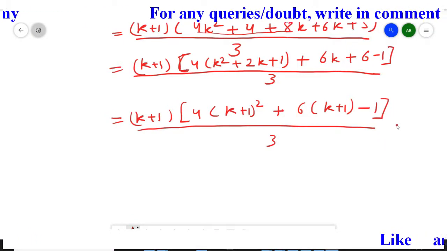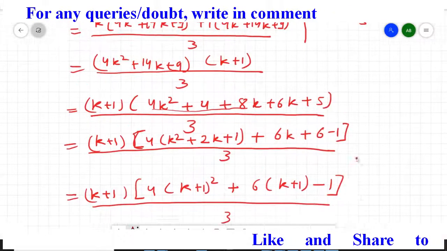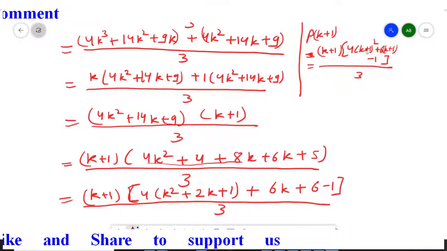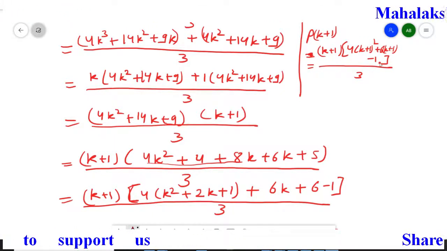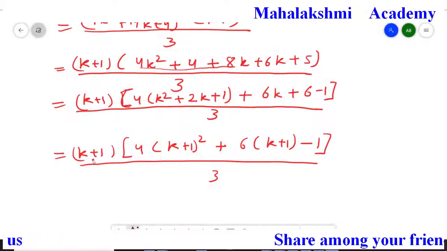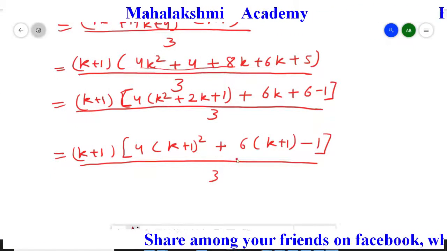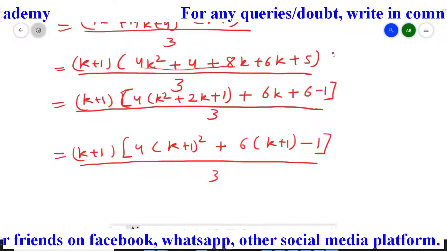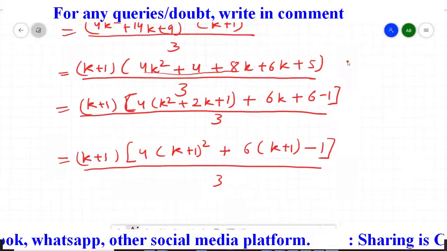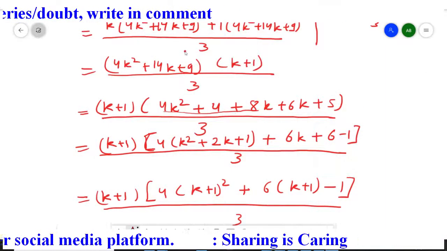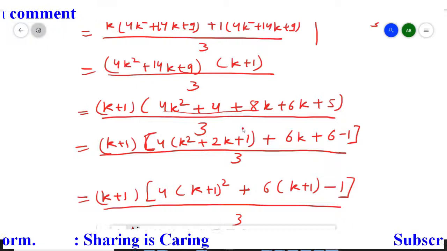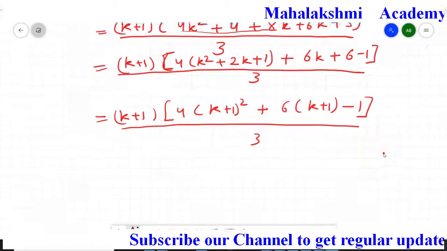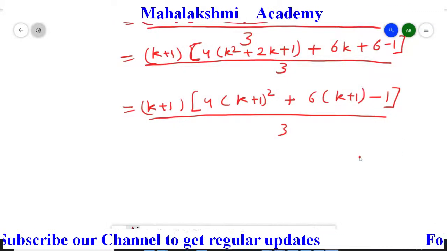Just see the right hand side once. Here I explain to you that we need k plus 1, then 4 times k plus 1 square plus 6 times k plus 1 minus 1. So we have arranged in this format: k plus 1 here, then 4 times k plus 1 square plus 6 times k plus 1 minus 1 divided by 3. So these calculations are a little bit time consuming. You have to work hard because you have to think about what the pairs are going to be and so on. So once you do this question, next time you can easily arrange all the data properly and bring your right hand side.